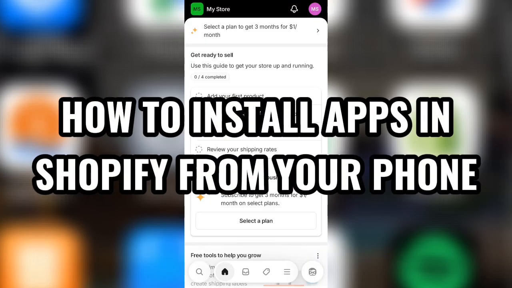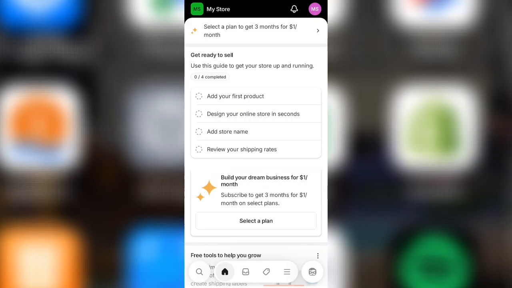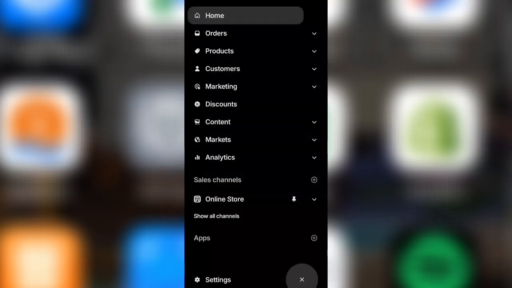How to install apps in Shopify from your phone. To install a new app using the Shopify mobile app, start by launching the Shopify app on your iPhone or Android device. From the main screen, navigate to the app section, typically found in the side menu. Once you're there, tap Add Apps to access the Shopify App Store, or you can use a direct link within